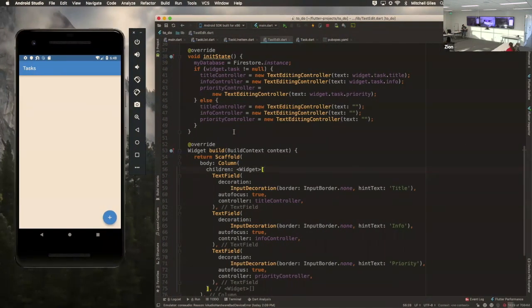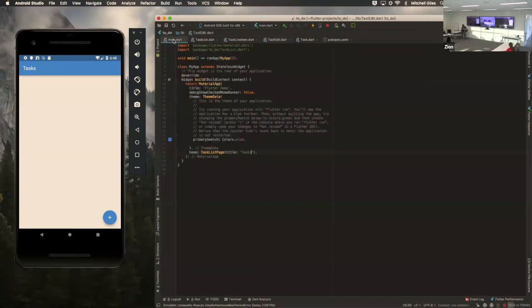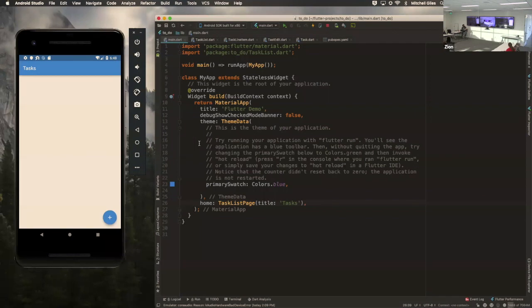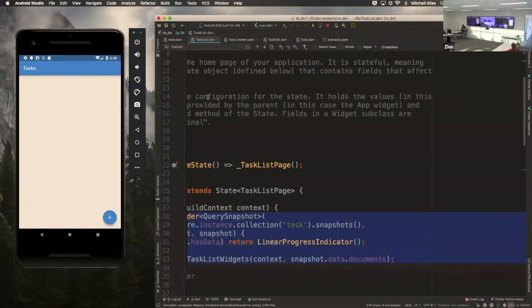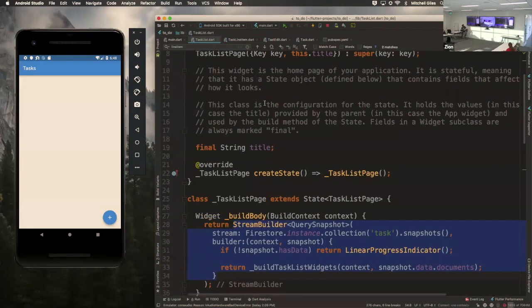There we go. Okay, so this is my main, which I just have pointing at, which right here you can see it's a material app, and this is the title of it. And then, yes, I zoomed in on the other one, not this one. Okay, so you have your material app, and then we have this home, which is the task list page, as I call it. Which, if we go to task list,